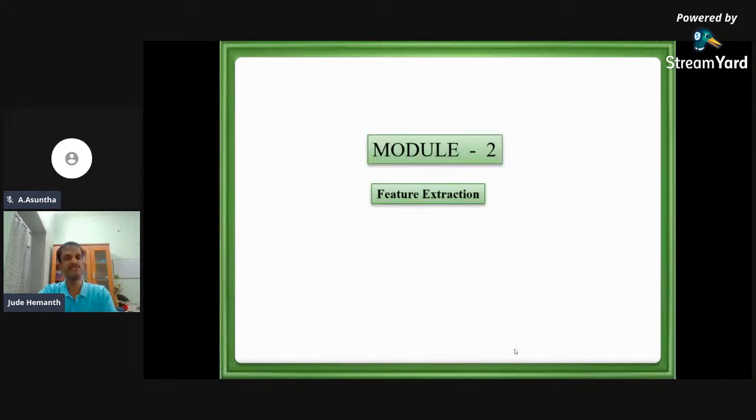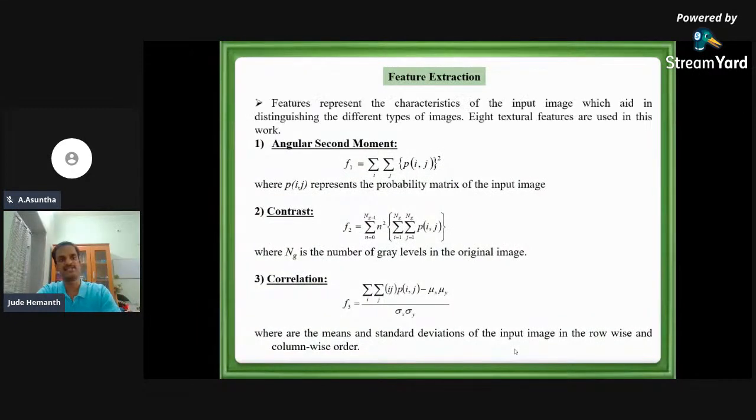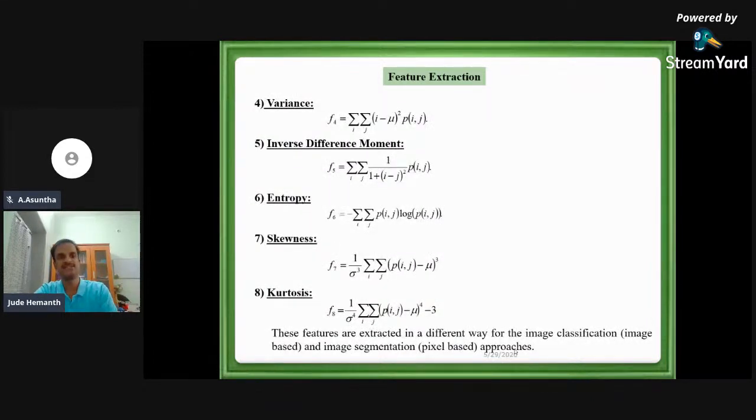Now we'll go into the concept of feature extraction. After removing the unwanted noises or the skull portion of the image, I come to the process of feature extraction. These are methods which capture specific important information from different categories of images. Metastasis is different from glioma. How do you identify? Not by seeing, but there is information which is represented in terms of angular second moment, contrast, correlation. These are mathematical equations which are already available in Google. You can browse that and check. Variance, inverse difference moment, entropy, skewness, kurtosis. There are many other features, but I have chosen 8 features for my research work.